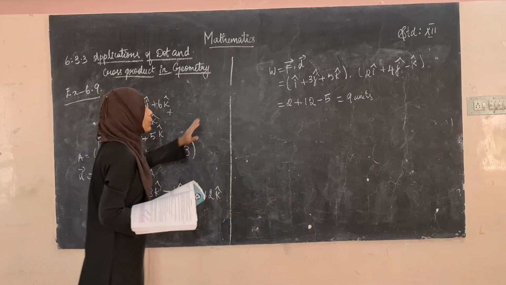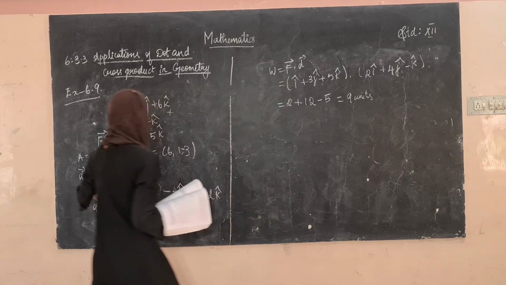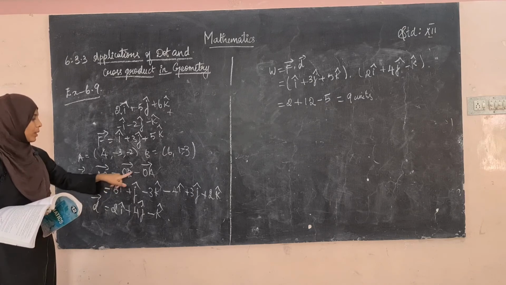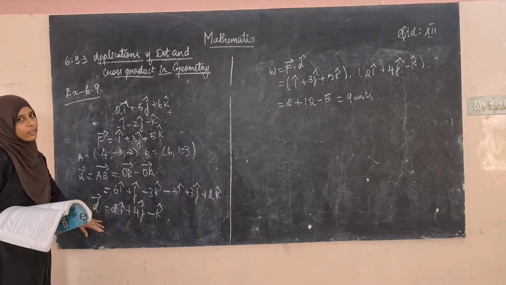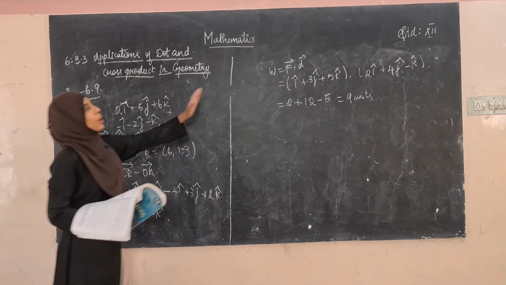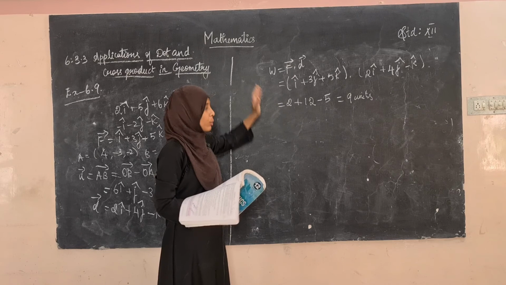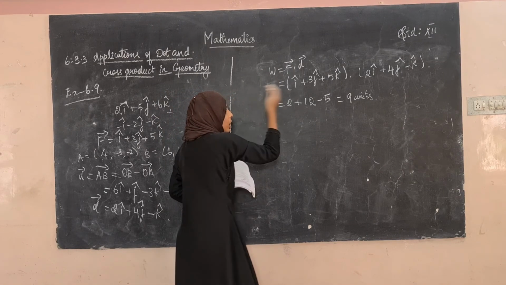So you have to equate like this. Okay, so you have to find D. By this they have given 2 points. So you have to take A vector and B vector, and then OB vector minus OA vector. Then after finding this you have to find the value of D vector. Okay, then use this formula: W is equal to F vector dot D vector. In your question they have given W is equal to 16. Okay, just equate this. 16 is equal to this thing.